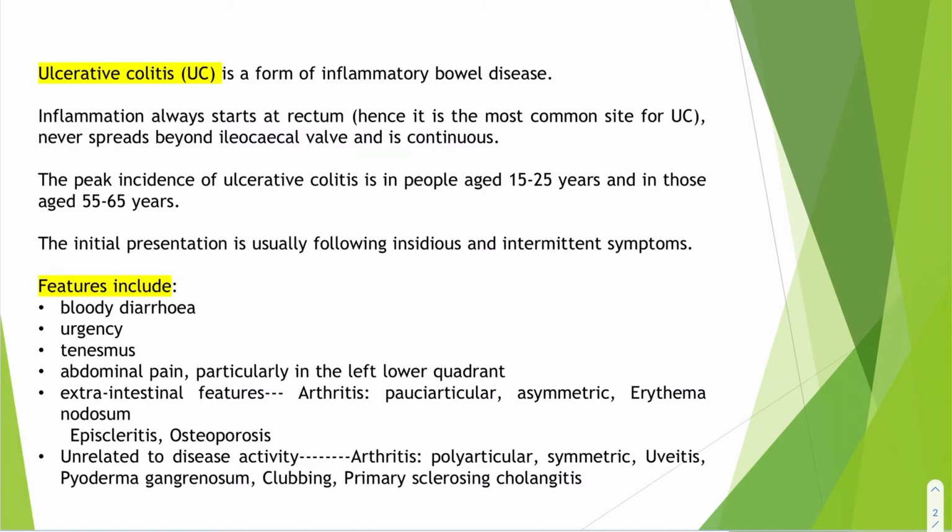The peak incidence of ulcerative colitis is in people between 15 to 25 years, and in those aged 55 to 65 years. So it has a bimodal presentation. The initial presentation is usually insidious and the patient may have intermittent symptoms. So the features include bloody diarrhea, urgency, tenesmus, abdominal pain, and particularly abdominal pain in the left